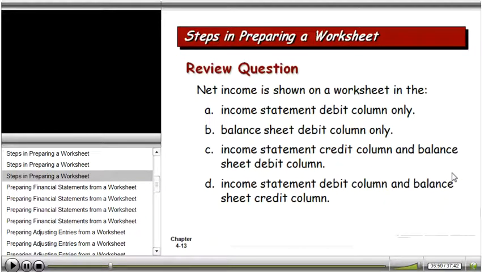So a quick review question here. Net income is shown on a worksheet in the income statement debit column only. We know that's not true. We know it had to show up in both income statement and balance sheet. So A and B are wrong. C, the income statement credit column and the balance sheet debit column. We know that's not right because we just saw the picture where it showed up the other way. So the correct answer is D, the income statement debit column and the balance sheet credit column. You can keep that straight because the balance sheet credit column will increase owner's equity, which is what that income